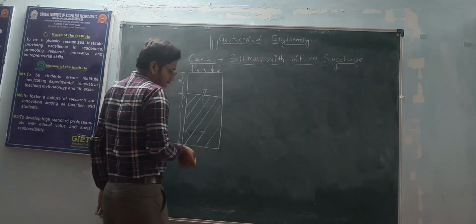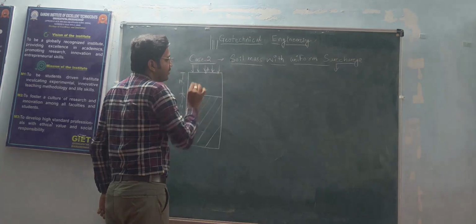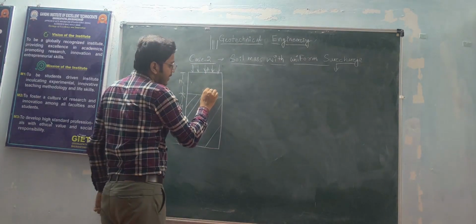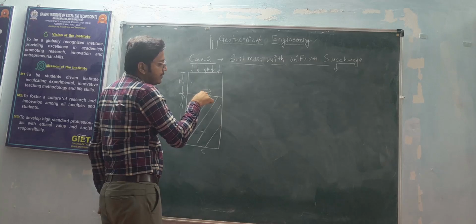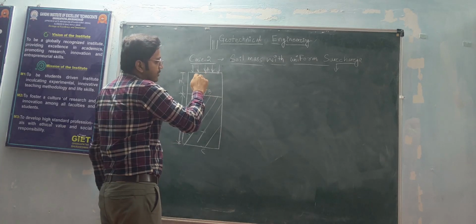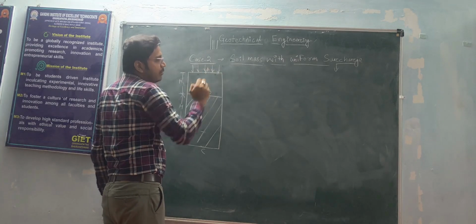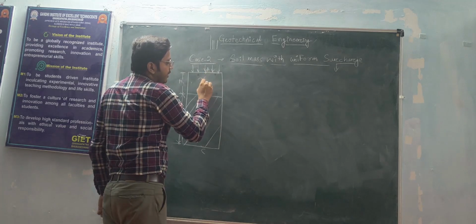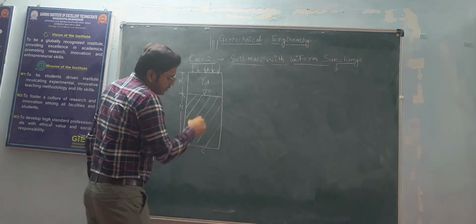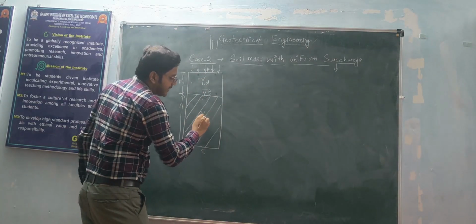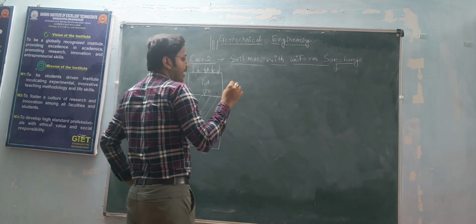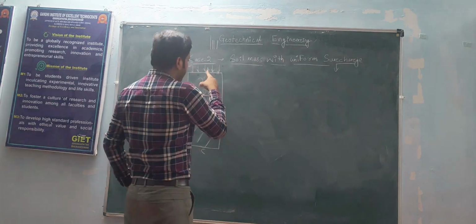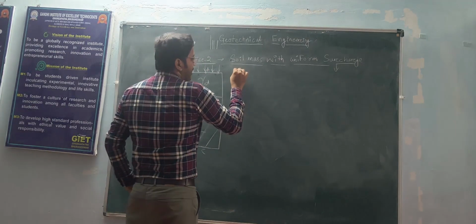So here the soil mass is divided into 3 parts, A, B and C, and the ground water level is present at point B. So here the soil will be dry, so the unit weight will be gamma D, and here the soil will be saturated, that is gamma sat. Then calculate sigma, U and sigma bar at points A, B and C. So at point A,